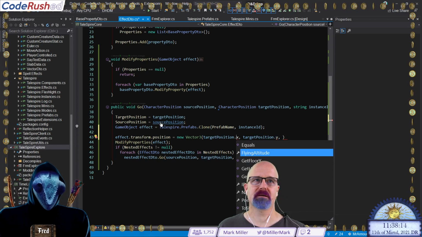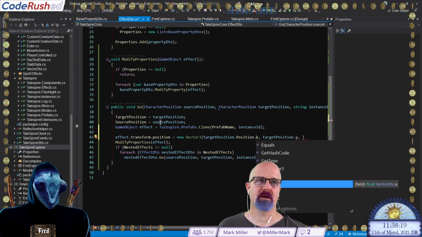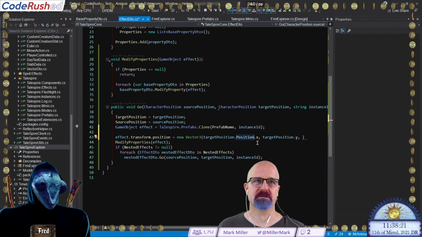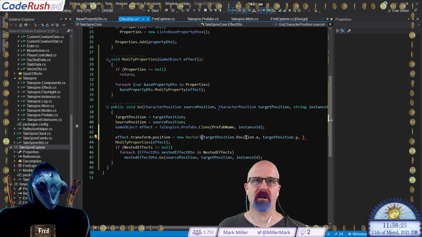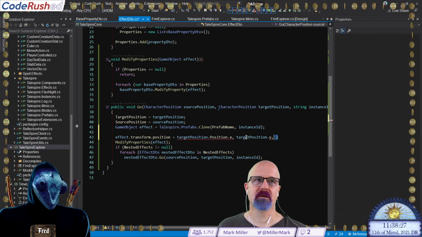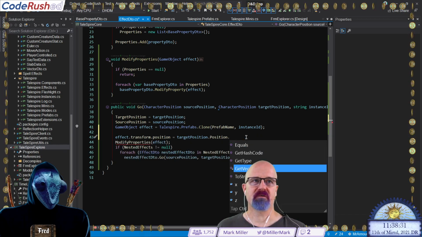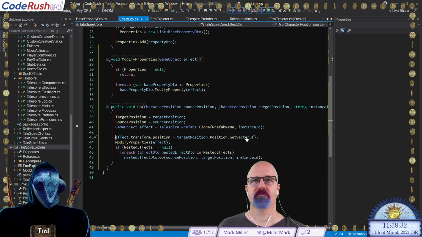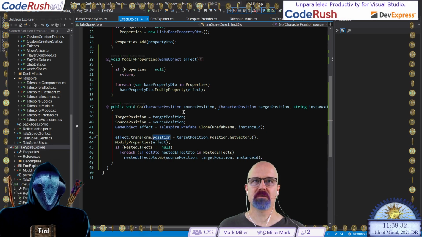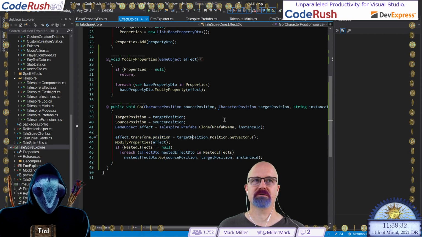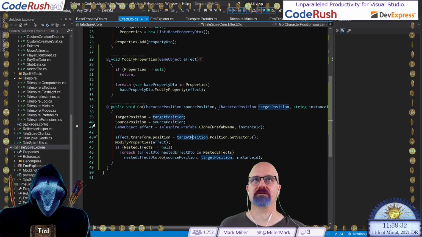What's wrong with that? Dot position. Dot. Oh, can I do this? What's this? Is this a vector 3? It's a vector DTO, but from there I can get what I need. Get vector 3. Okay, effect transform position. We'll set that to the target, so the fireball will go to the target, and then hopefully it'll be very tall. That's what we're looking for.